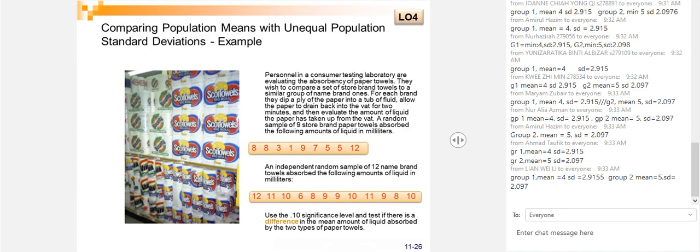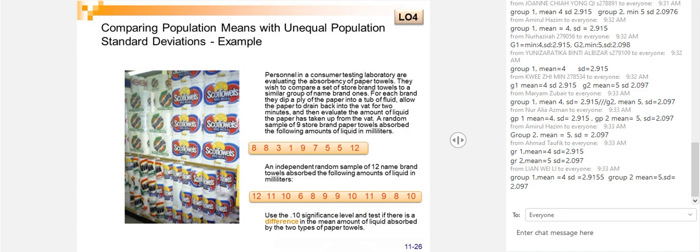For each brand, they dip a ply of the paper into a tube of fluid, allow the paper to drain back into the wet for 2 minutes, and then evaluate the amount of liquid the paper has taken up from the wet. A random sample of 9 store brand paper towels absorbed the following amount of liquid in milliliters: